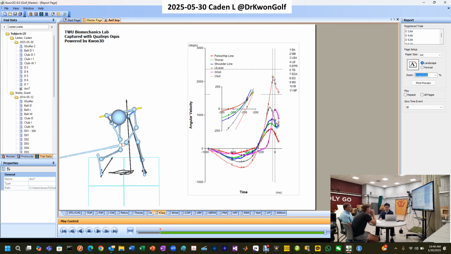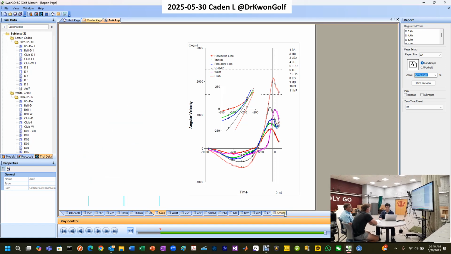So the club angular velocity is also way below the man's average because you're not giving the momentum from the body to the club, but your body keeps rotating. So through the impact, your body has a lot of momentum. It's not giving up momentum. So if we look at the angular momentum here,